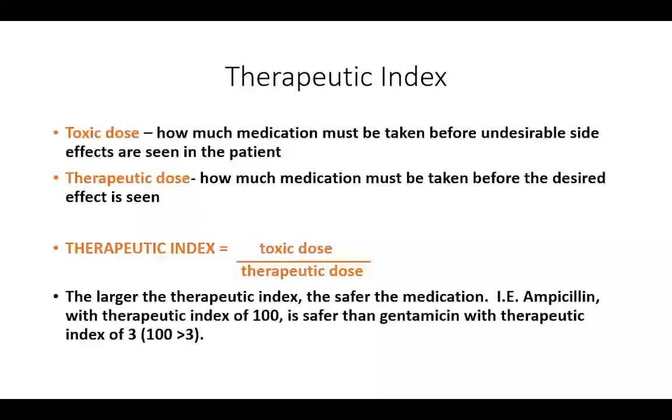So very, very safe, generally speaking. Gentamicin, not so safe. And some of it can just build up in your system, which is the downside. So therapeutic index isn't perfect because side effects might start popping up if you're on it for a long period of time. One of the ones that is a great example of this, because its build up is an important factor,